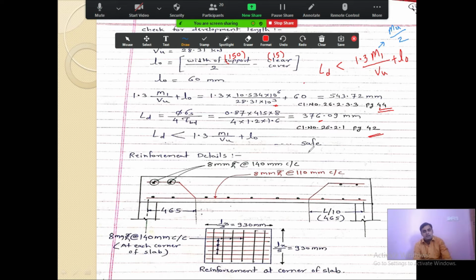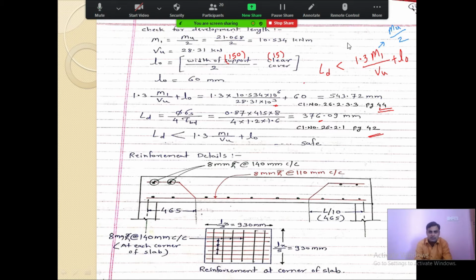And we have not taken the check for deflection over here. Why have we not taken the check for deflection? Anybody?